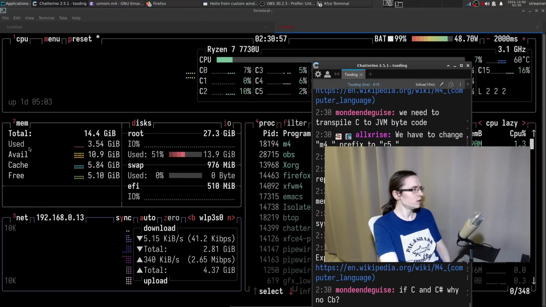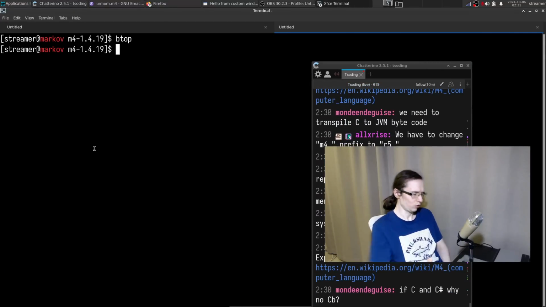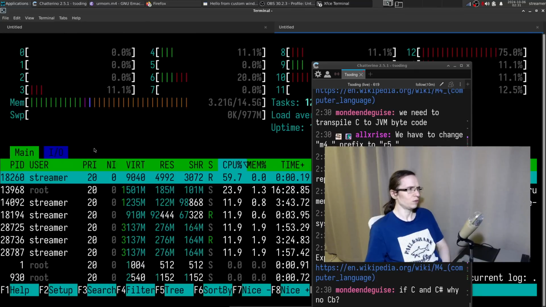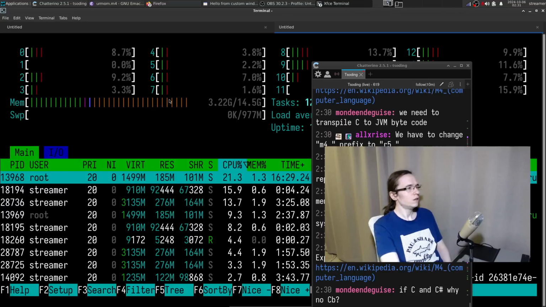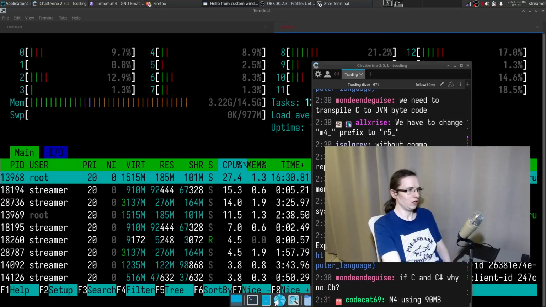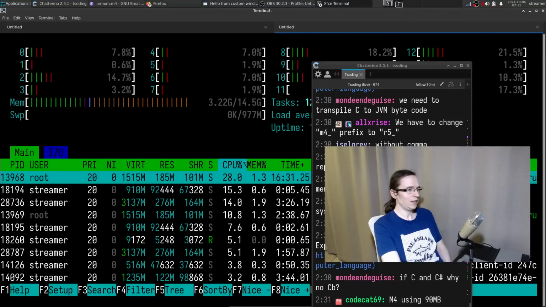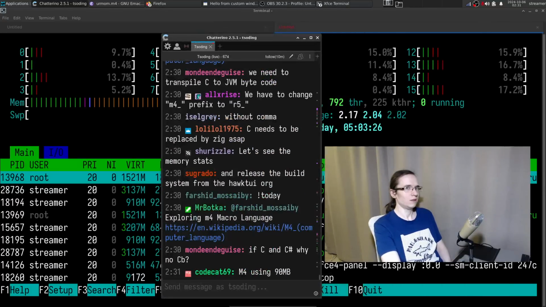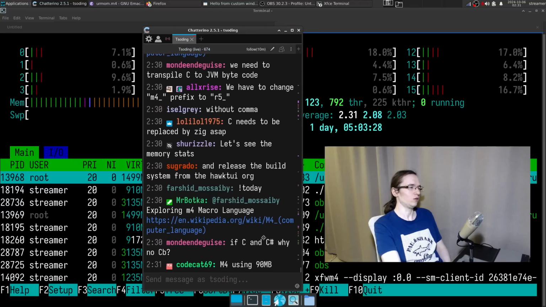So here's the memory. Used memory right now is 3 gigs, but I'm actually not sure. So what about htop? Let's do htop. Okay, the memory is not even growing. So it is looping right now through recursion, and it's not growing any memory. This is actually a pretty cool engine.